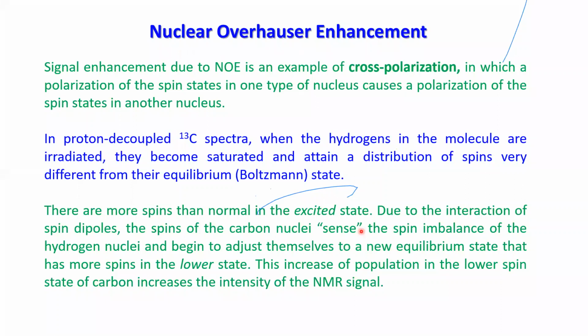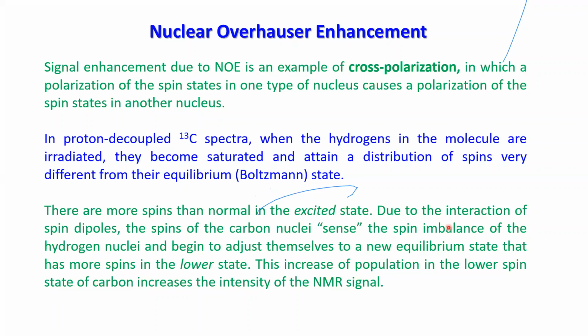At normal equilibrium, Boltzmann's, at room temperature before irradiation, whatever will be the number of nuclei in the excited state will definitely be different than after irradiation. I'm talking about only the proton now. So the proton nuclei number after irradiation in its higher energy excited state will definitely be different than before excitation. So the numbers are different. That means you have the polarization.